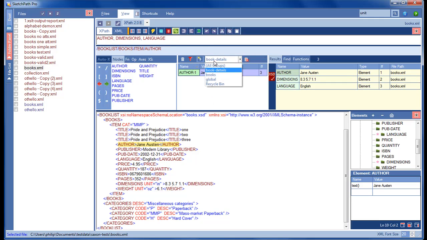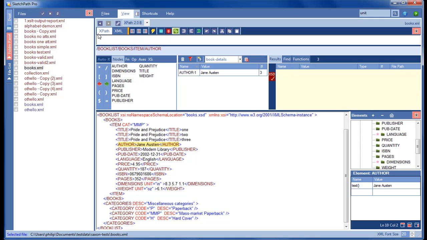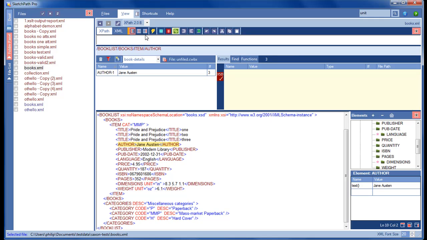So going back, I can click on books. I've got my original variables, and now I go to book details, and I've just got that one. So naturally, if I type in the dollar for a variable, I only get prompted for the variable that I've just saved. In fact, what I can do now is if I just hide the other two panes,